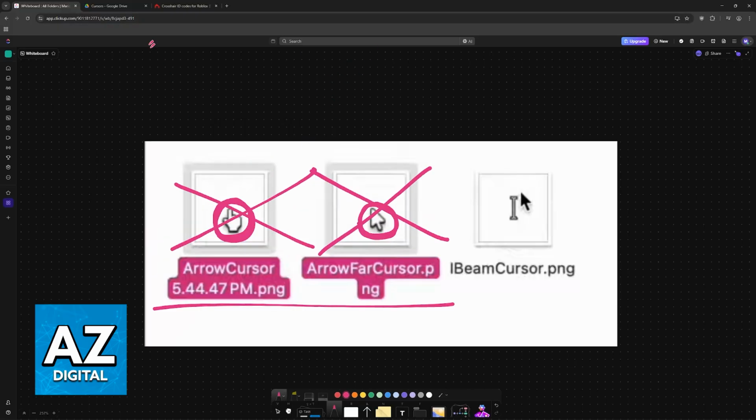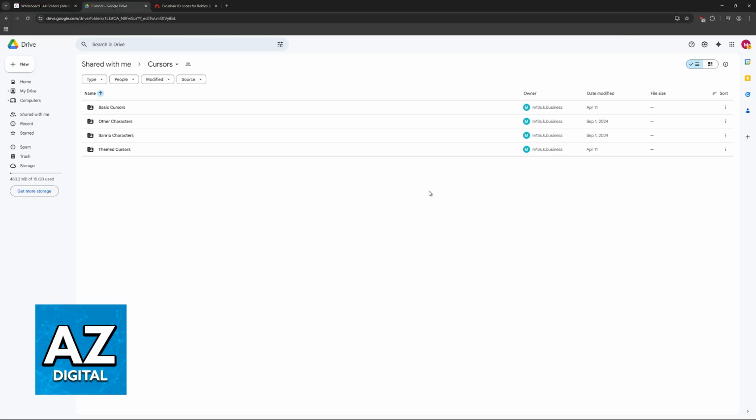What you have to do is replace these files with a different cursor that you want to use. There are plenty of places where you can download alternative cursors. For this video, I'm going to be using this Google Drive that was made by this person, M13S. So you can look for their YouTube videos on Google, and they have this Google Drive, or you can go through this link that you see at the top.